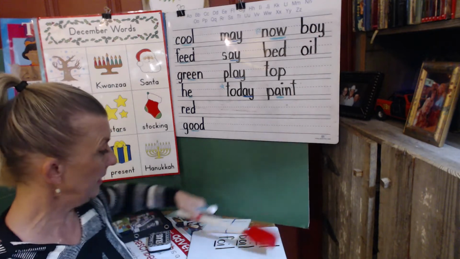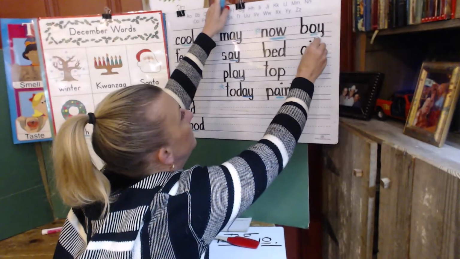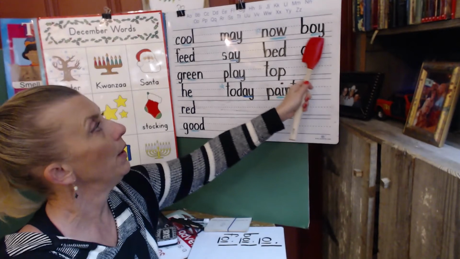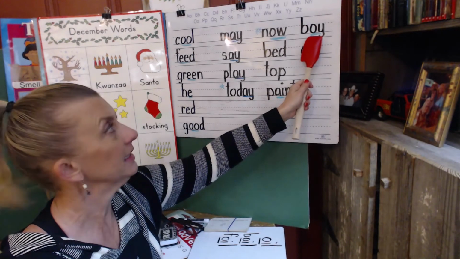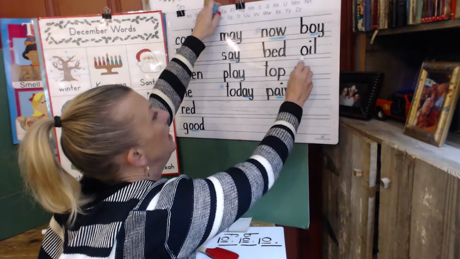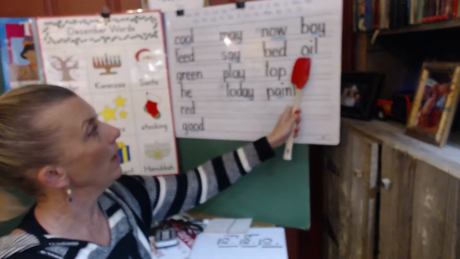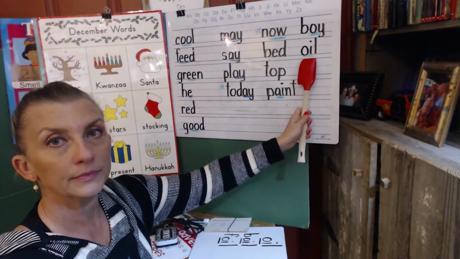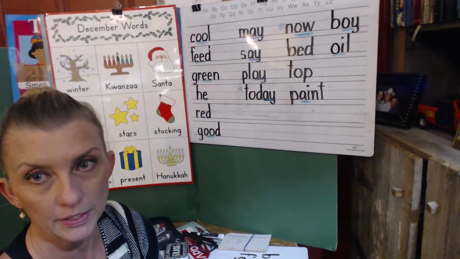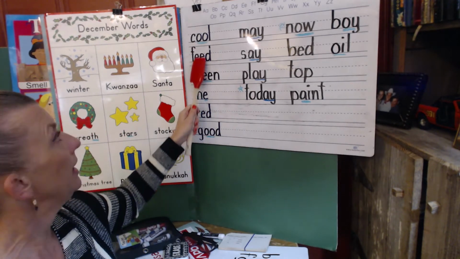All right, I see one of our 2-letter phonograms, so let me underline it. All right, that says oi. So we've got b, oi, boy. Good job. And then here's our other one that we just went through, so I'm gonna underline oi. And we have oil, oil. All right, let's read all our new words from this week. I can pull the camera a little closer. There we go. All right, we have cool, feed,